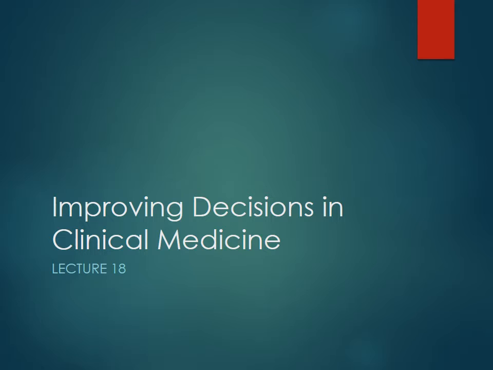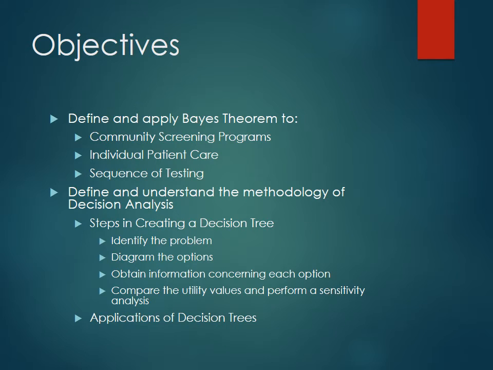The last section we're going to look at is helping to improve some of the decisions we can make in clinical medicine. So finally getting to the crux of clinical epidemiology, how we can apply it back to our patients and make better decisions on their behalf. And so we'll talk a little bit about Bayes' theorem. We've mentioned this before, but we'll go over this again and how it can be related back to things like community screening programs. We'll look at individual patient care